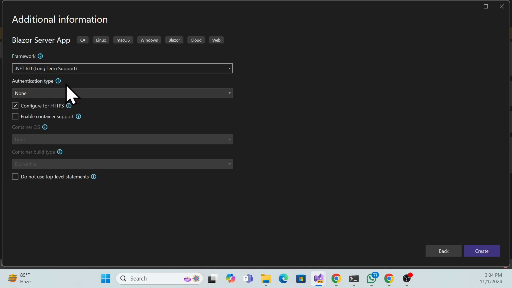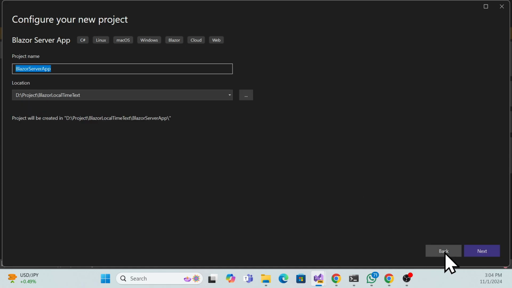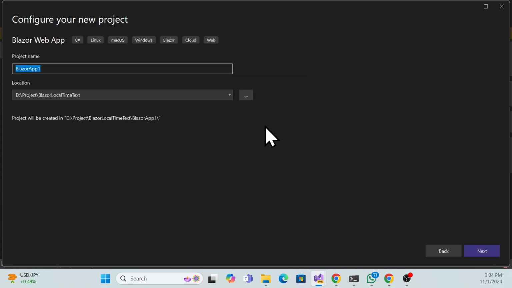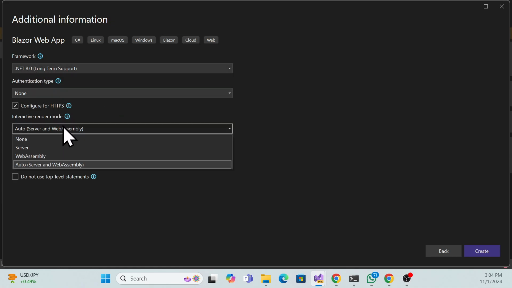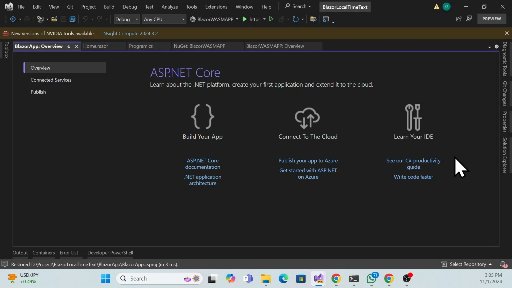8, I think. Yeah, okay, that is fine, because server is actually included in the new template. But let me go back again and choose this one, because this now has both interactivity options. In this interactivity I can give you the idea of how we can use it. Let me choose Blazor app, next, and now I'm able to see it here, and I will use server or WebAssembly. I will use server, leave it, and create that new